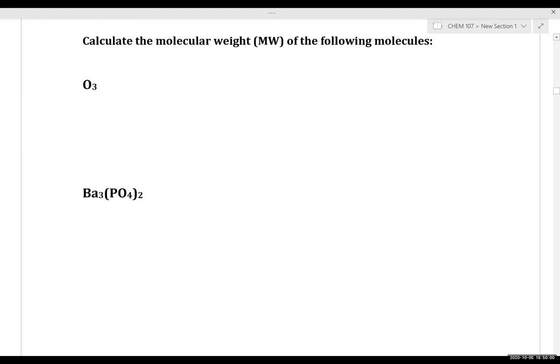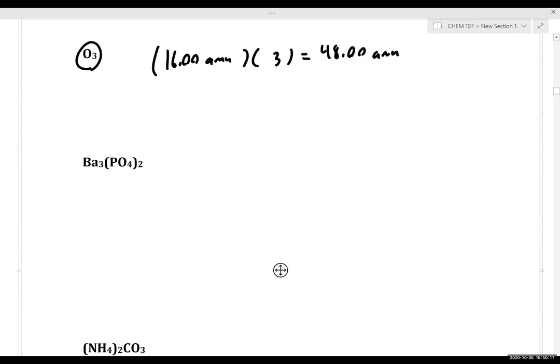Okay, so let's discuss this example. In ozone O3, oxygen has a mass of 16 AMU, and we have 3 oxygen atoms. That gives us a mass of 48 AMU. In barium phosphate, we have 3 barium atoms, 2 phosphorus atoms, and 8 oxygen atoms. You're going to need to be really comfortable with identifying the atoms in a formula to accurately calculate the atomic